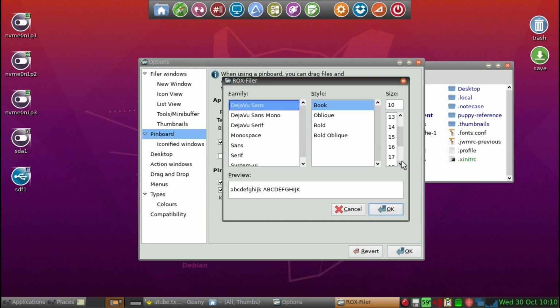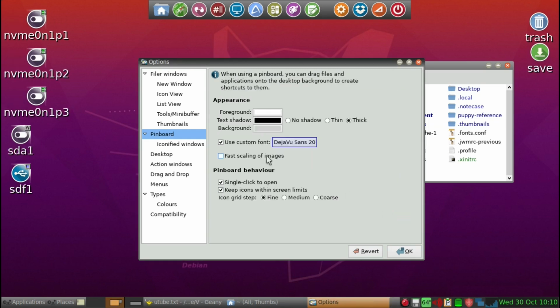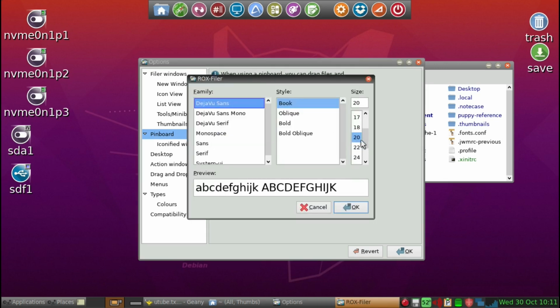Let's go to 20, and you can see that it becomes huge. And the other thing that happens is, I guess, alignment goes off because the lettering is so huge. So these are some of the issues that make it very erratic if you play around with the PuppyLinux icons too much. So we'll just put this back to 10 for now,